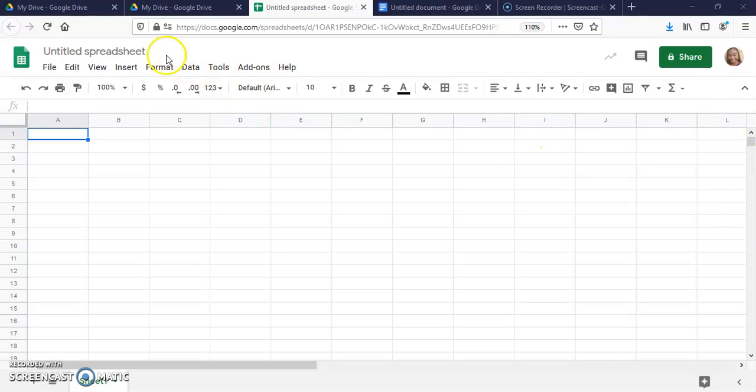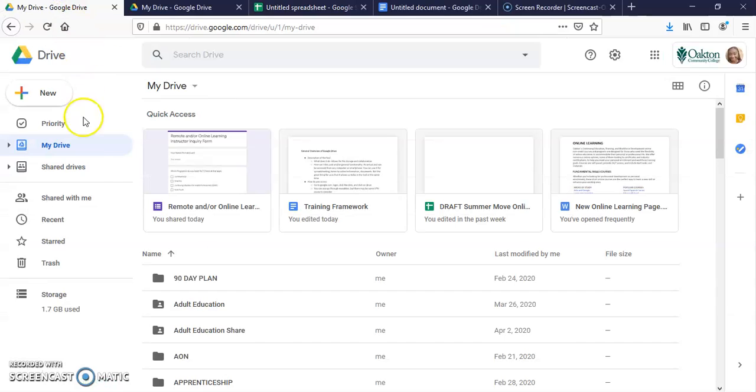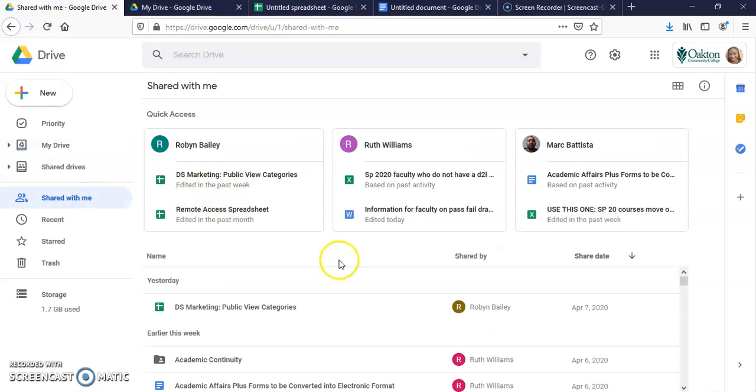Also, some things with Google Drive. Again, I'm just giving a general overview here. One of us or somebody might create a file and then want to share it with you, and I'll show you in a minute here how to share your own files. But when somebody says, hey, I just shared something with you, you might get an email. But also a good way to see something that was shared with you is that you would go into your Drive and you would click on this Shared With Me, and that's where you would see documents that have been shared with you,